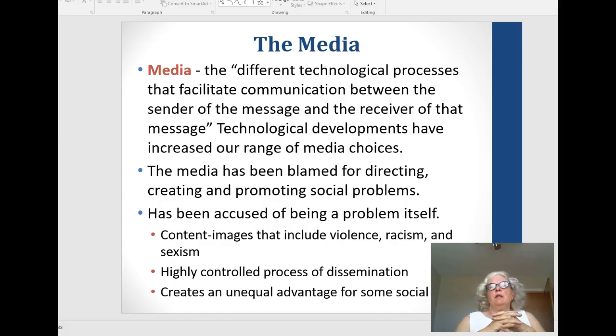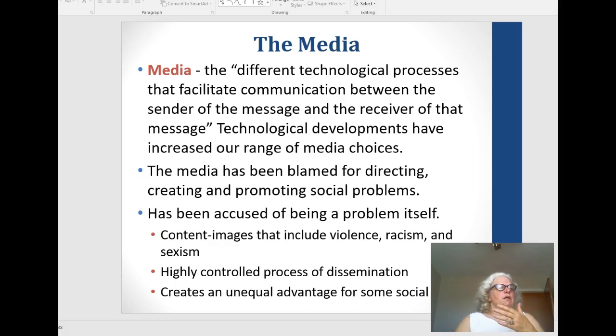The second is to look at media. And media is very tied to employment as well. But media looks at the different technological processes that facilitate communication. So media is much more than television. It is obviously all the things like Facebook and Twitter and all of the processes of the internet. It is the internet itself that comes into media. It is films that we see at the theater as well. So many different things comprise what's media.